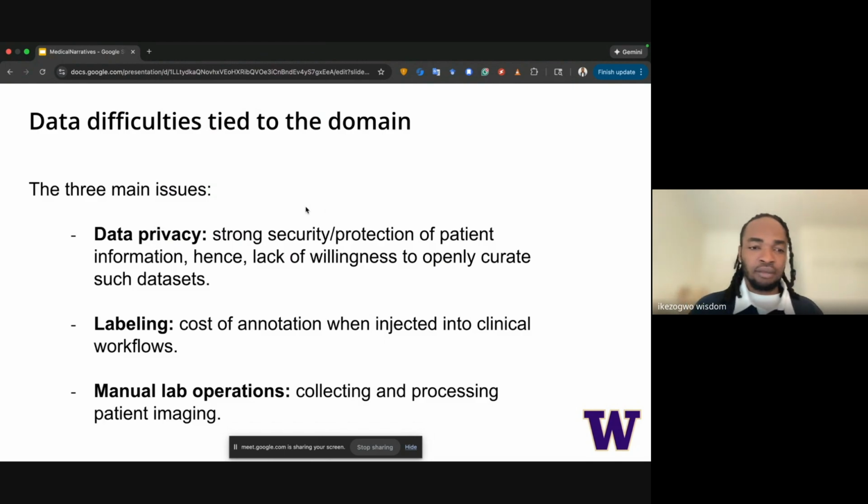I believe it is more costly for doctors to give more annotations than is required for a report. And there have been studies that track and quantify that cost in terms of mental cost, in terms of the actual cost of time back to the patients, and it's a lot. And this cost also goes into the manual lab operations in collecting that patient imaging, right?